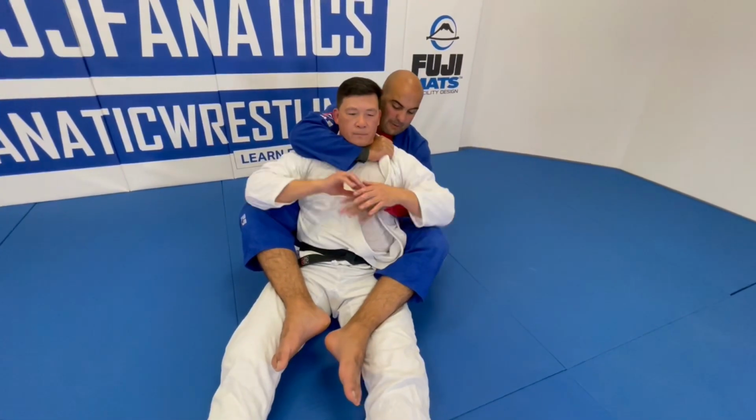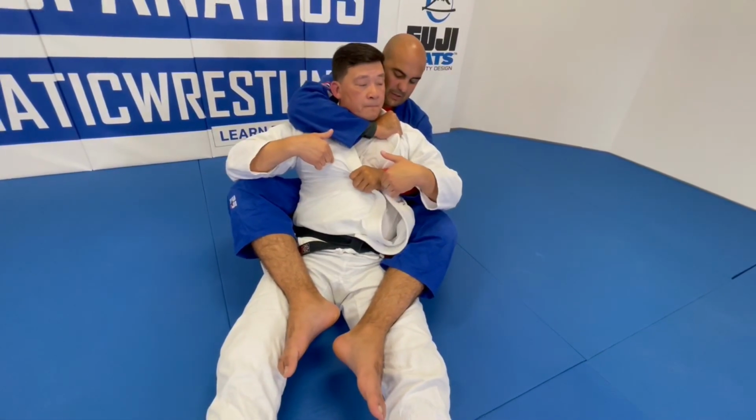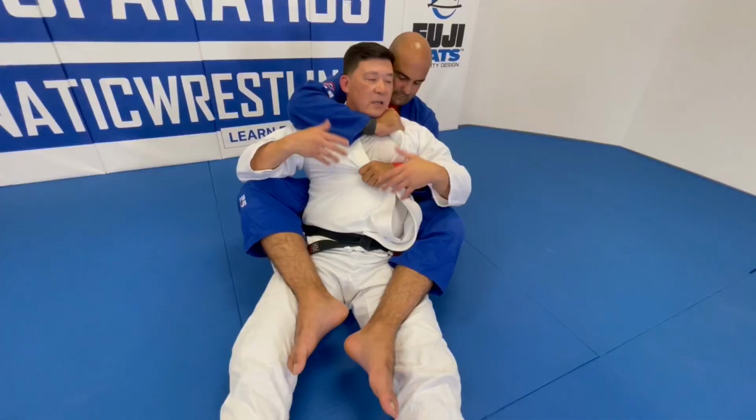You never want both hands on both lapels, from the back or if I'm in front, if I'm attacking. If you're attacking, you never want both my hands on both your lapels. Ideally, this is bad, right? Because what